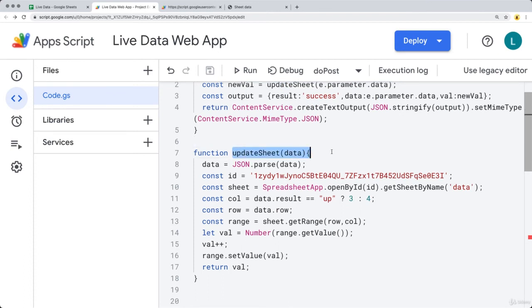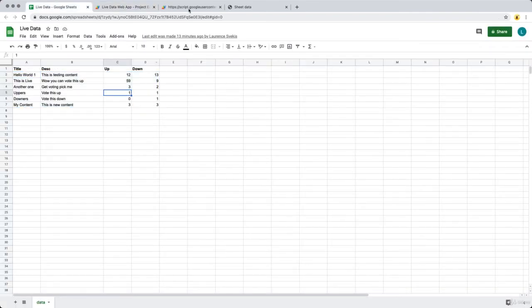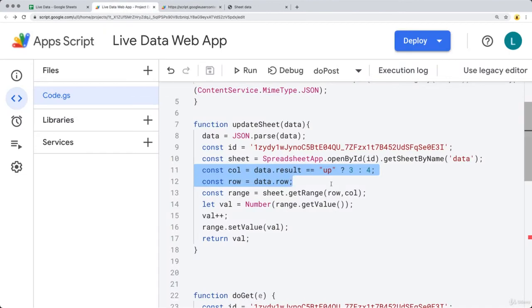So creating a function, getting the data in, we parse it in as a JavaScript object because it's coming in as a string, and then we get the ID of the sheet. We select the sheet that we want to update, and then the next part of it is selecting the column and the row, which will give us the range on the sheet that we want to update. So it's just the one cell. So we're looking at a way to select the sheet cell, and we just need a row and a column for that. So we get it into a range object. We convert the current value into a number. We increment it by 1, and then we reset the new value of that ranged element